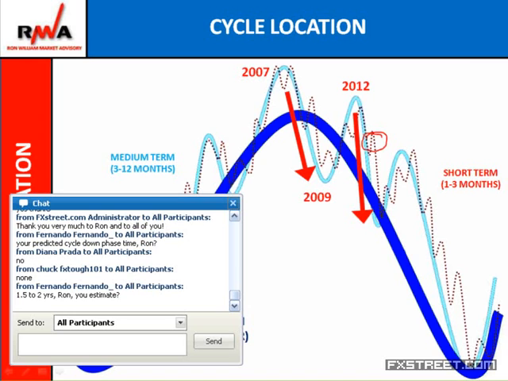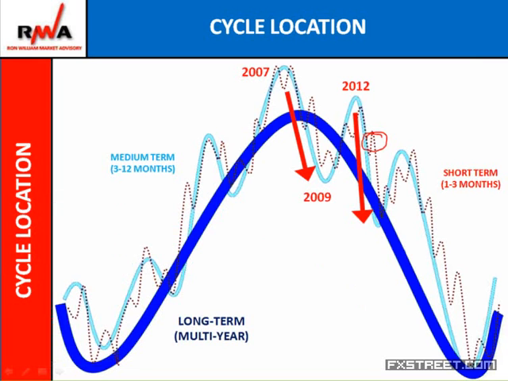So that's how this cycle down phase for the next year or two is likely to reflect in terms of stock market performance: negative for the US stock market, stability for the European stock market, and positive for the US dollar, negative for the major currencies against the US dollar. Is that clear to everyone? I just want to make sure these trade implications are clear. I don't want this to be too hypothetical, too theoretical.